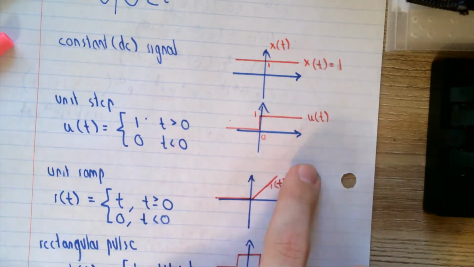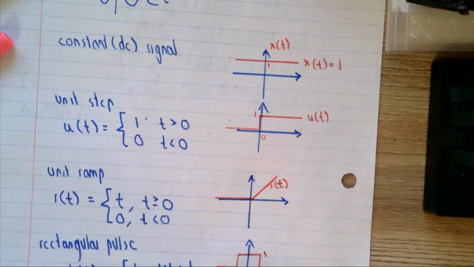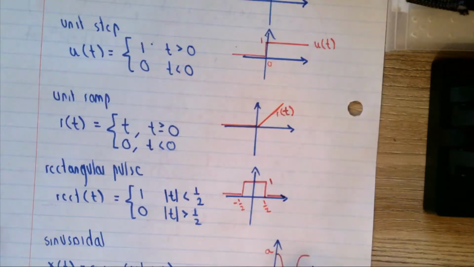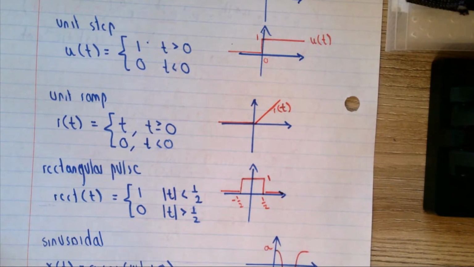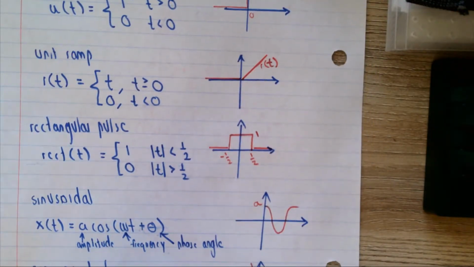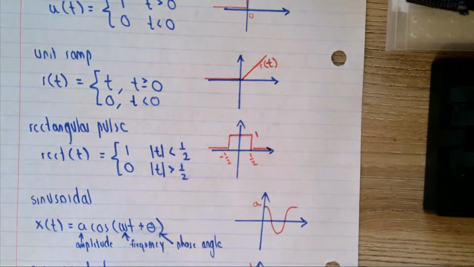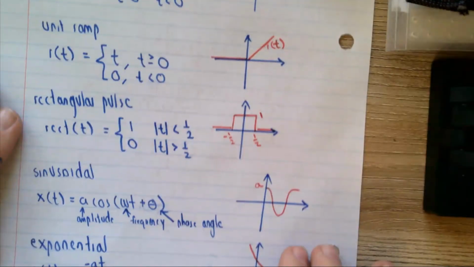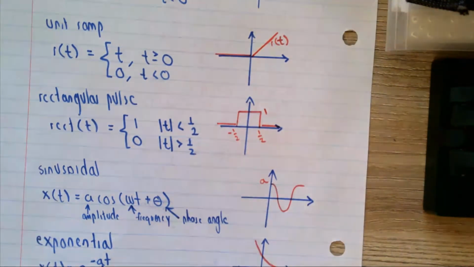The rectangular pulse is a little rectangle from -1/2 to 1/2. A sinusoidal is a waveform which has amplitude, a frequency, and a phase angle, and an exponential will tell you the speed of decay, which is modulated by the a term in that equation. So now that we covered all those, we're going to get on to how you can do